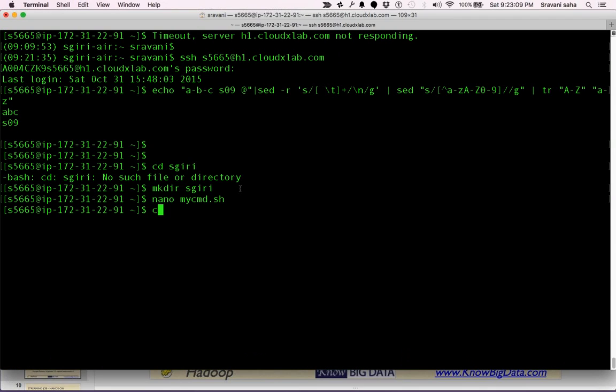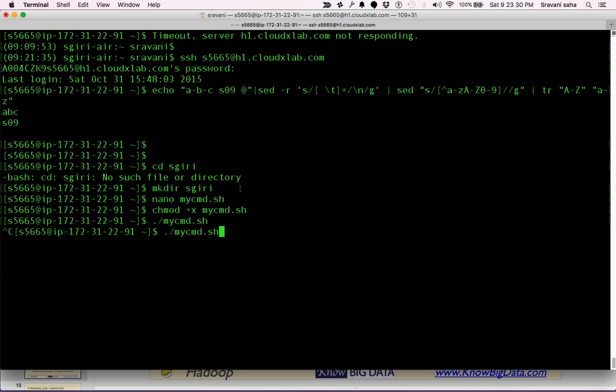Also please note that once we have saved it, we have to make it executable. And how do you make it executable? By changing the mode to +x of that file. This is a very common mistake which we all make. Once we change the mode, then we will be able to execute it like this.